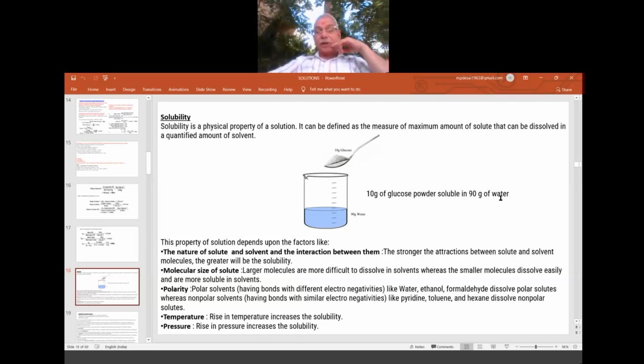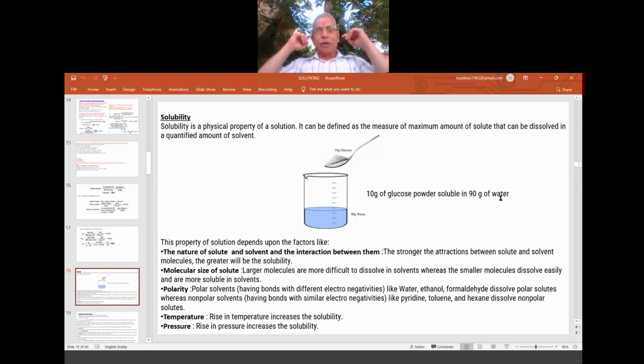Number one, the nature of solute and solvent and the interaction between them. If solvent and solute are friendly, if they can mix well, then you can expect more solubility. So the solute is ready to mix, but the solvent says no, I don't want you, I want some different chemical. Petrol says I don't want sodium chloride, petrol says I want iodine. Because of the property, structure, polarity, organic, inorganic. So all those are there, no? So it depends upon the solute and solvent interactions. If interactions are more, if they like each other, then we can expect solubility.